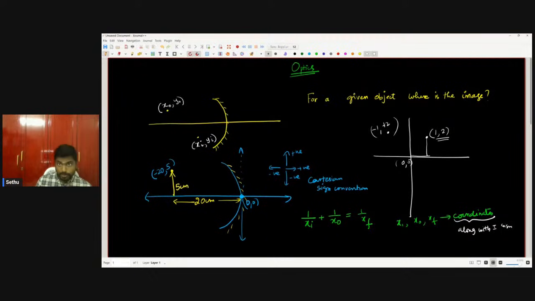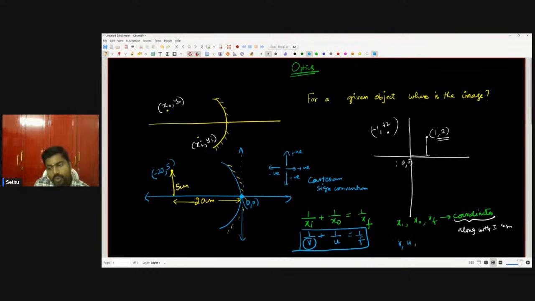Now, what does our textbook tell us? Our textbook tells us that 1 by v plus 1 by u is equal to 1 by f. This is the standard textbook formula that you might have seen. Now, in the place of v, I have xi. In the place of u, I have xo. In the place of f, I have xf. So, in the formula 1 by v plus 1 by u is equal to 1 by f,